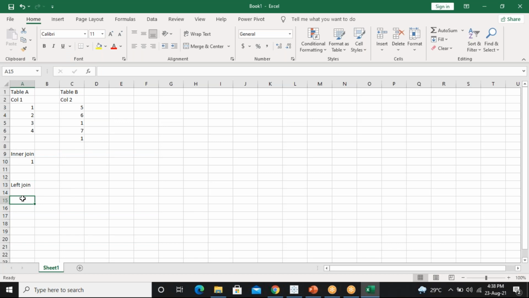1, 2, 3, 4, and 1. So do I need to give one more 1 again in this place, or is 1, 2, 3, 4 enough? So the one as a common one from the next table, we need to remove the common one.